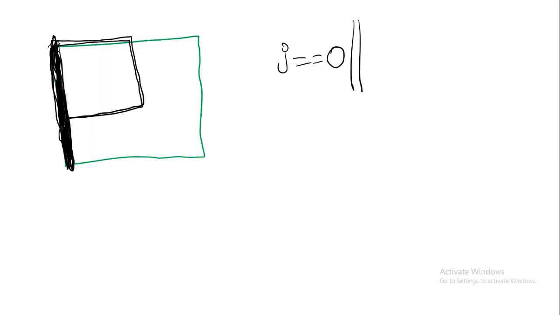Okay, it is completed. Next, let's see. We have to draw this line. Now, is this a row or a column? This is a row. Row means which variable? Row means the variable i. Am I drawing the first row or the last row? You're drawing the first row, so i is equal to 0. But if I say i equal to 0, it will print completely here like this. Do you want it to print completely? No, you don't want it to print completely. So which operator? AND operator. Because if you don't use AND, it will print the complete line. If you use the AND operator, it will limit that line.